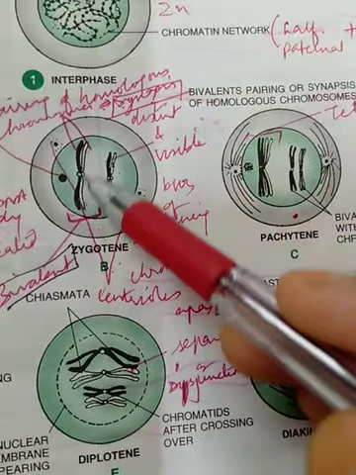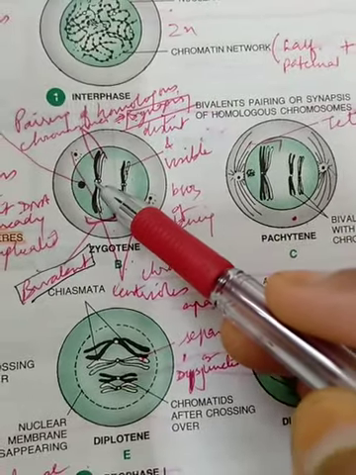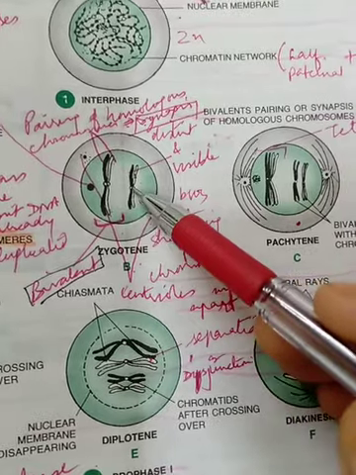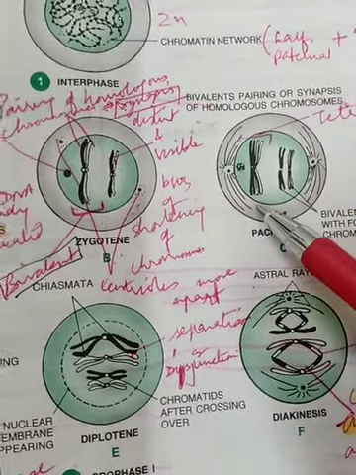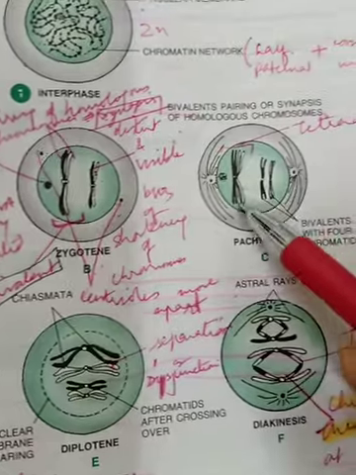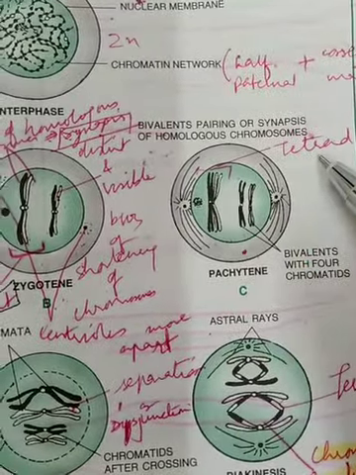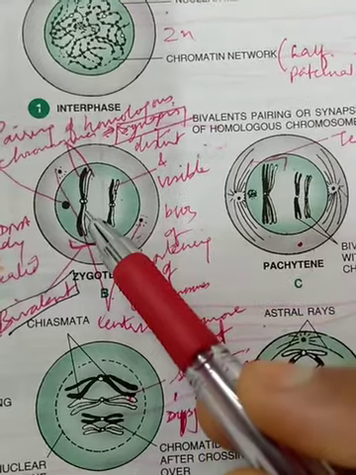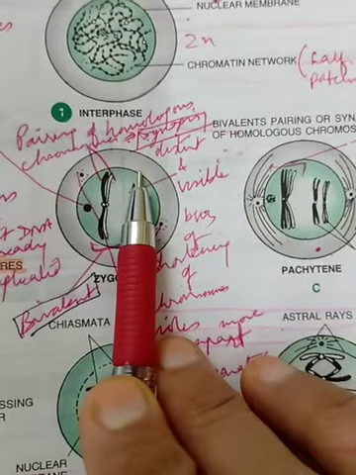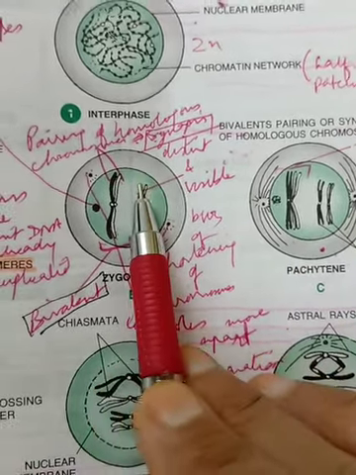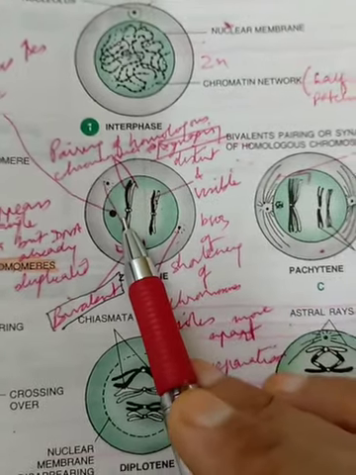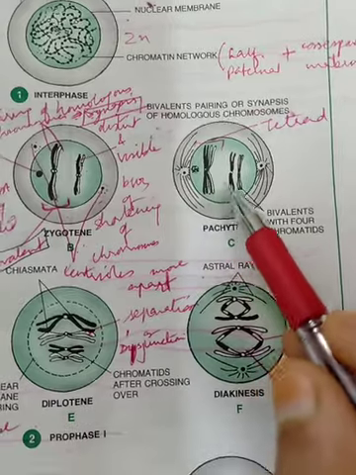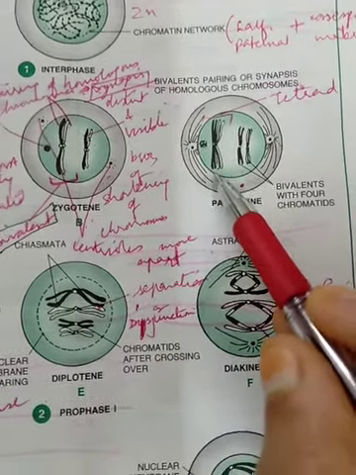That means each black divides by a longitudinal division and each white divides by a longitudinal division. In this case, there are 4 chromatids that can be seen, and this is what is called as tetrad. Once again, longitudinal furrow in black and longitudinal furrow in white. Compare only one chromosome, right? One bivalent. In this case, the bivalent changes into a tetrad because 4 chromatids can be easily seen. All right.